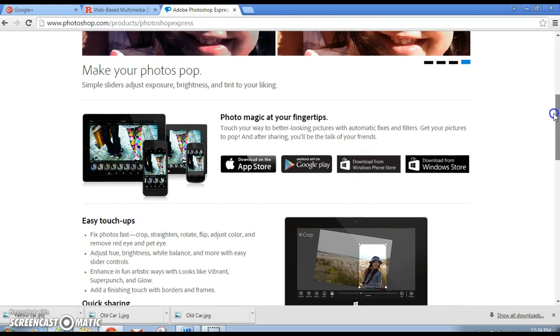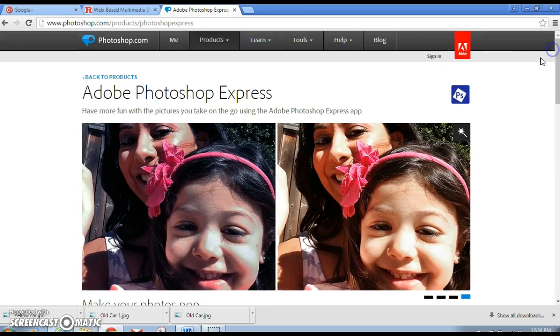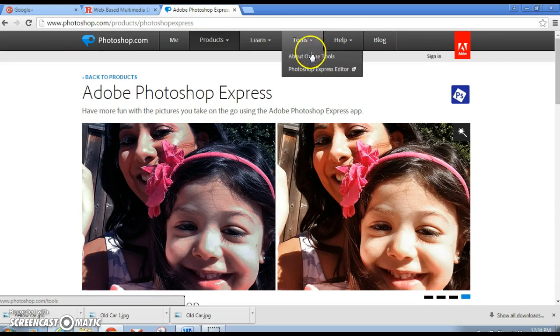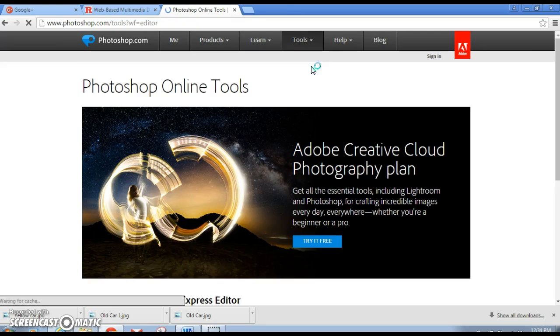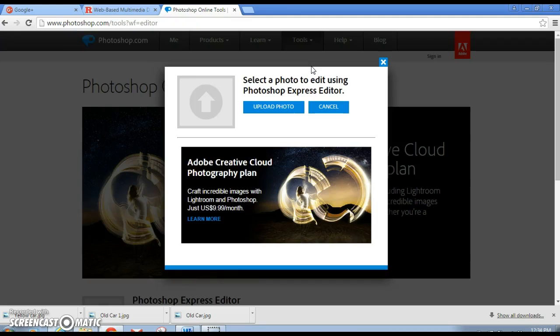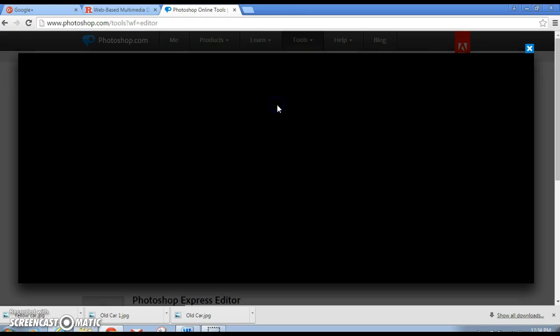So if you scroll up to the top of the site and under the Tools tab, there's your Photoshop Express Editor. The first thing that it's going to ask you to do is upload a photo. And I thought that this site would be cool if you wanted to edit pictures for maybe a classroom website, if students had photos that they wanted to enhance for their projects. What I'm going to do is try to enhance an old historical photo of a car to maybe show better detail. So I'm going to upload